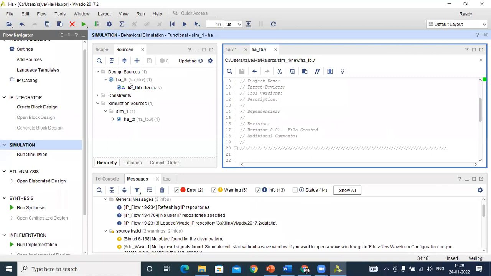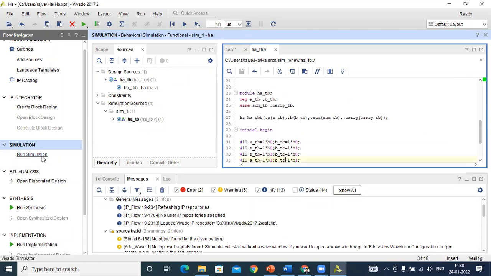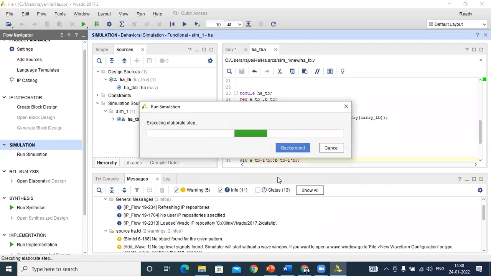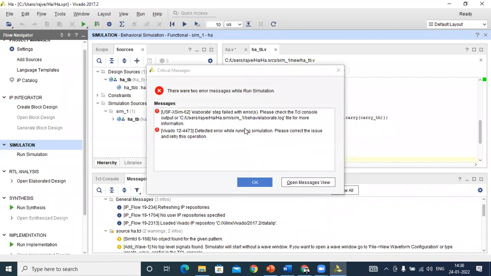Okay. In the source scope, you can see that. Now I think all right. After that, run simulation, behavioral simulation.